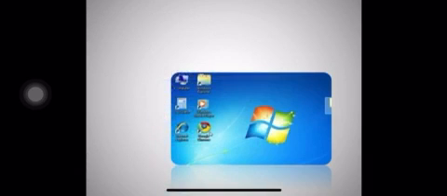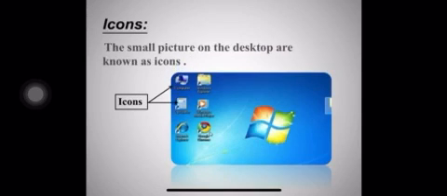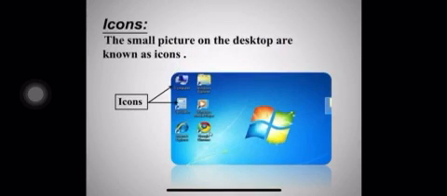Let us briefly know about it more. The icons. The small pictures on the desktop are known as icons. You can see many icons on your computer desktop, for example, Google Chrome, Internet Explorer, Computer, Recycle Bin, and so on.